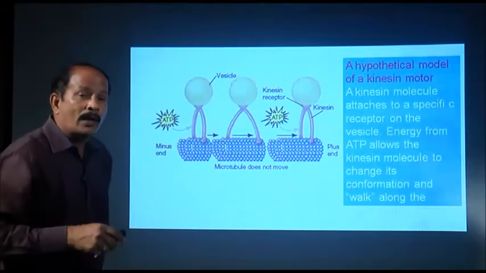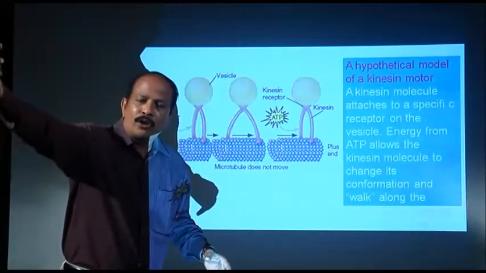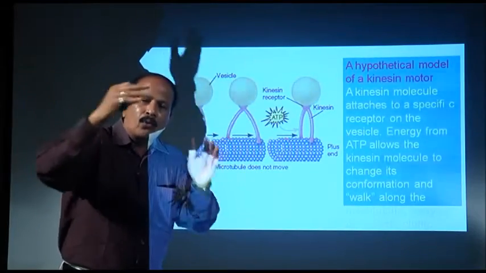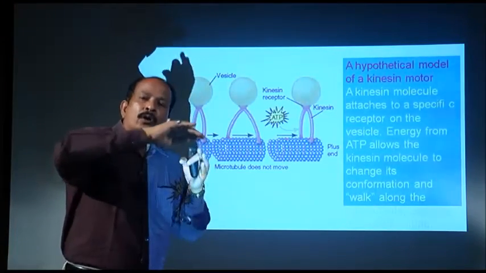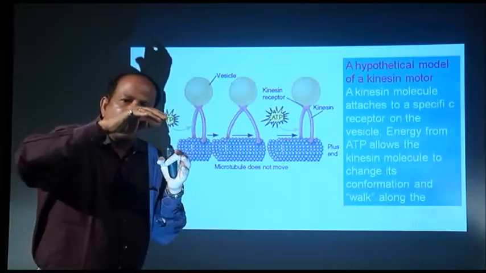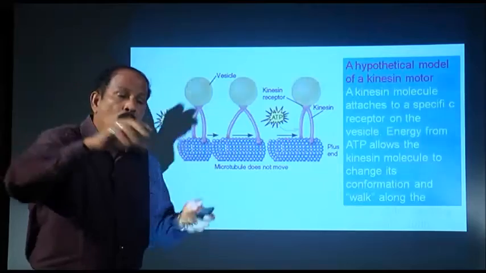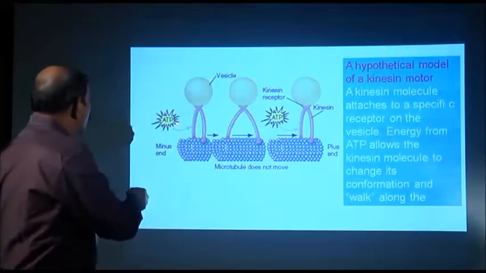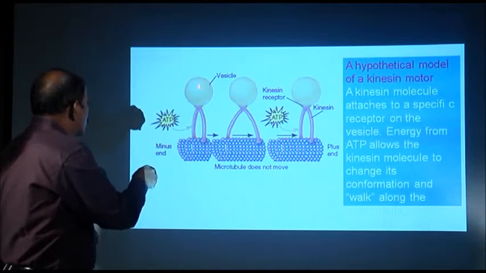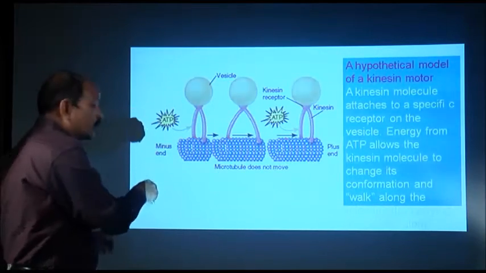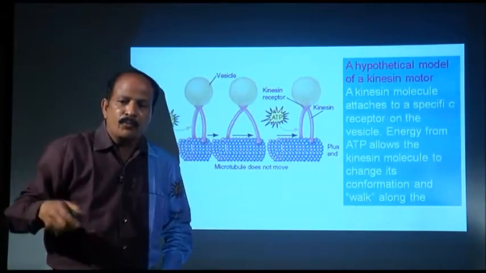Similarly, chloroplast, if we look at a single cell, from the east side sun is coming and chloroplast is here. If light is coming from that side, chloroplast immediately moves from this side where light is less to the side where light is more. So the chloroplast, in a similar way, being attached to the microtubule kinesin, instead of vesicles being attached to this point, moves from the side where there is dim light to the side where there is bright light.